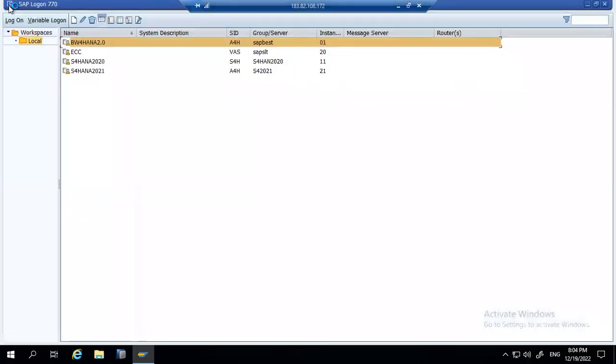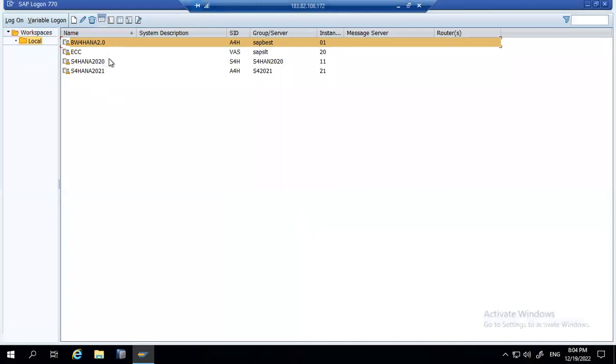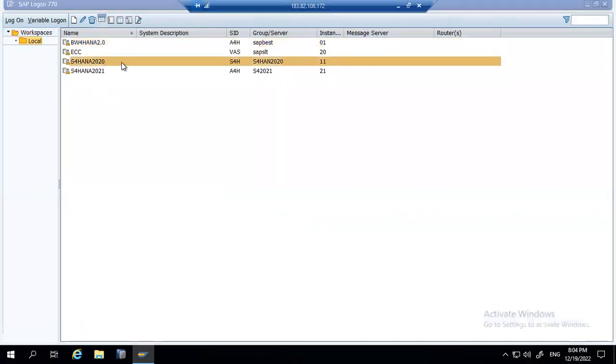Here you can see in this server, this is the latest version. It is a release of 770 final release. Okay, it is the latest version. So this is my server. If I click on it,